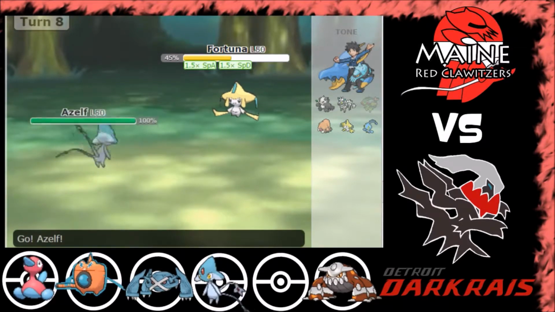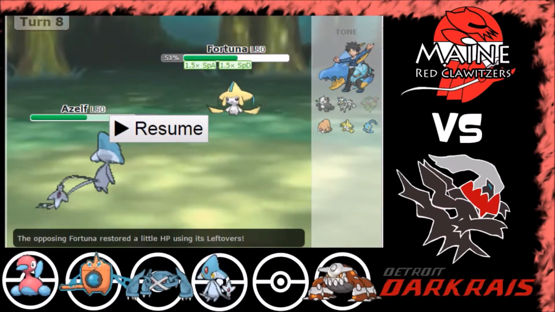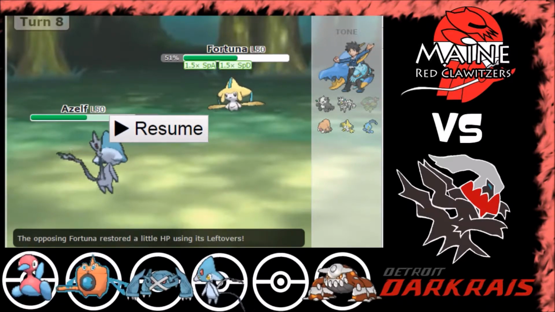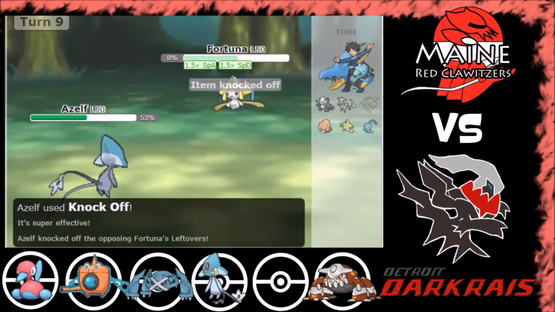So he gets a couple of Calm Mind. I decided to switch out because it'd be too risky for Rotom to stay in and try to Hydro Pump this one out. So I'll bring in my Azelf. I believe this was a physical set this week, so I go for the Knock Off here. Pick up an easy KO on the